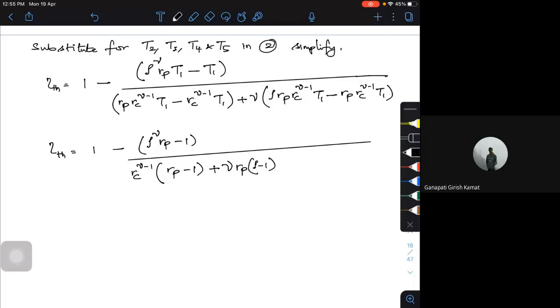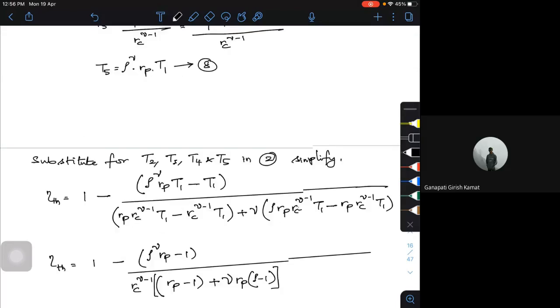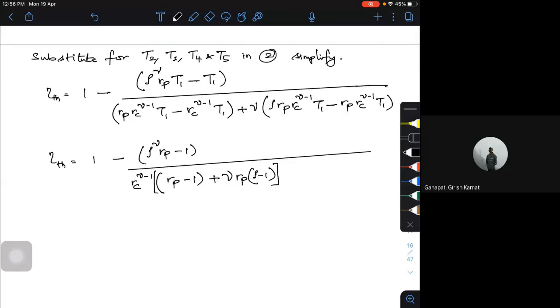RC to the power of gamma minus 1 is taken outside. So this is the simplest form I can get. This is equation number 9. This is the expression for thermal efficiency in terms of pressure ratio, compression ratio,